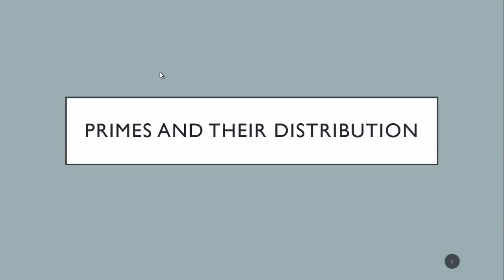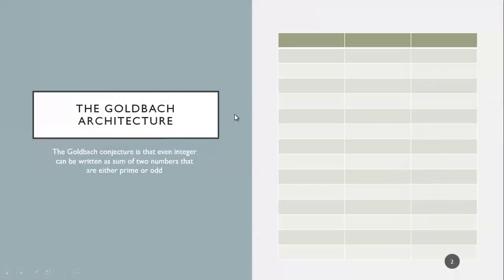Hello everyone. Now we are going to start the next chapter, which is about prime number properties and their distribution. There is a conjecture called the Goldbach conjecture. The Goldbach conjecture says that an even integer can be written as the sum of two numbers that are either prime or